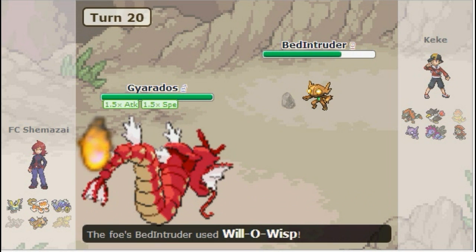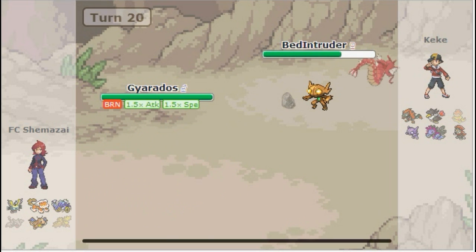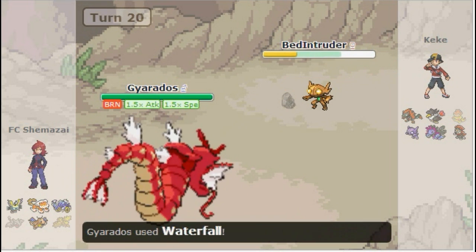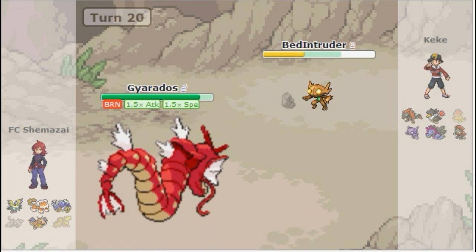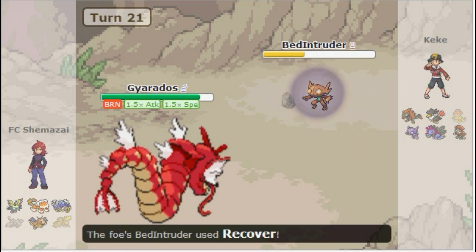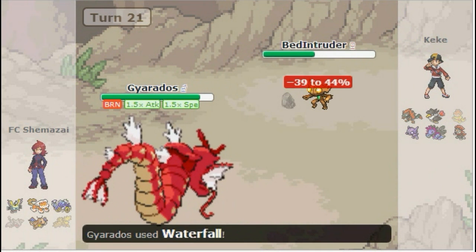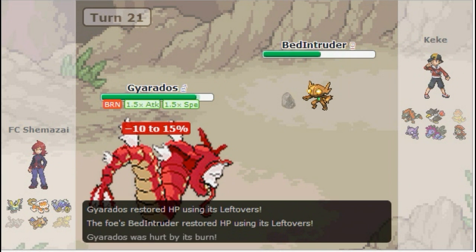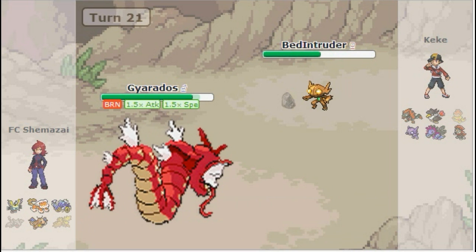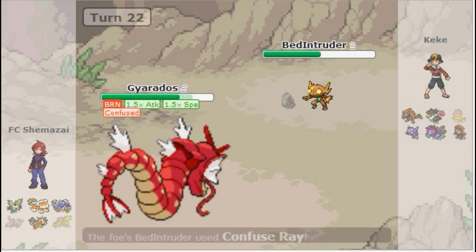and I do. And luckily it hits, because Will-O-Wisp seems to be a move that doesn't hit for me as often as I'd like. But he's going to Waterfall, but he's burned, so it's crippling the Gyarados pretty badly in a way. So I'm just going to recover off that damage, and he's going to keep going for the Waterfall. I mean, I guess hoping for a crit, but this is a battle he's going to lose. Unless he gets some sort of hacks, but I'm confused now, and he hurts himself in confusion,